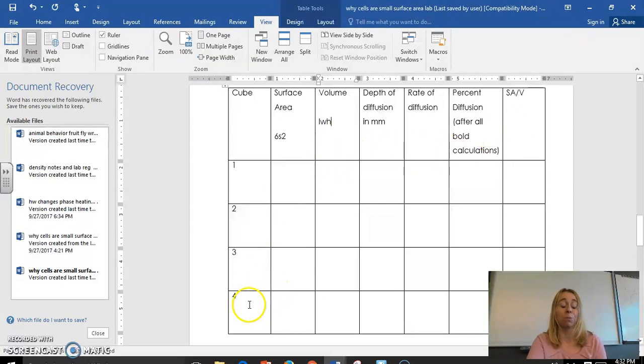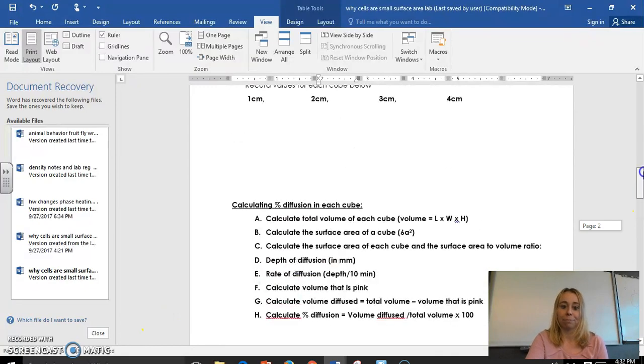You will not have cube 4. I don't have enough agar to make cube 4, so you'll only have 1, 2, and 3. In fact, you should cross this row out. You won't be using it. Okay, now,